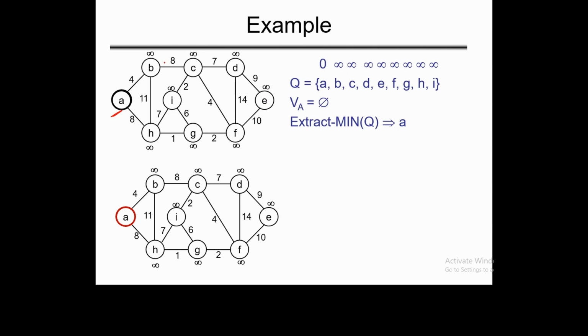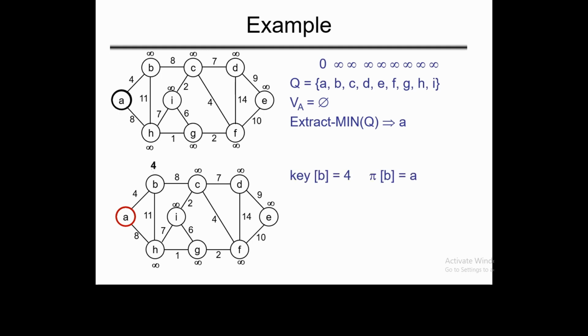The distance from the root node will be initialized as infinity for all the rest of the vertices. So initially this is the condition: 0 is the distance of this particular node, or we can say this is the key value here, and the rest of the nodes will have infinity. Now the vertex set, that is for the MST, will be initialized to null, and now we'll extract a minimum value from the queue.